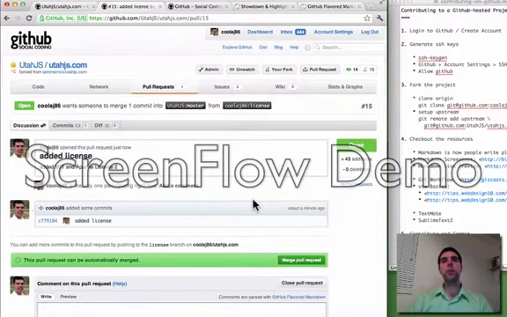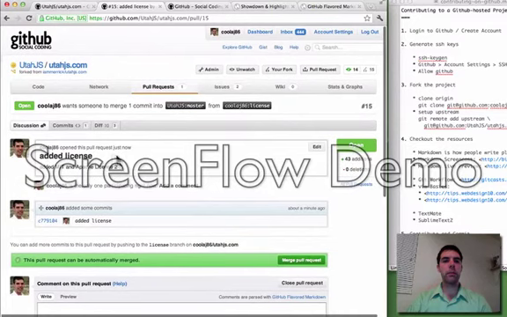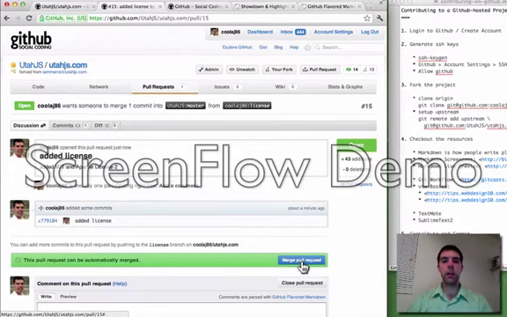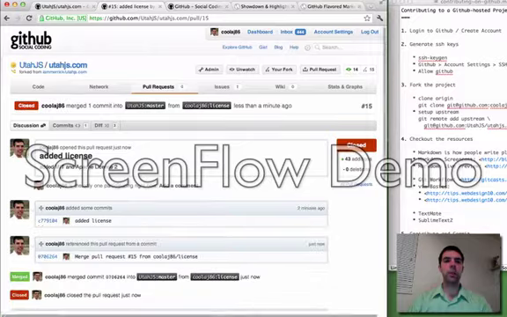Now everyone who's a member of this repository who has read and write access is going to get an email letting them know that there's been a pull request made so that they can come and look at it and decide whether or not they want to merge it. Well, since I'm the one that made this and I do have the access to it, I'm going to go ahead and merge that in myself and confirm the merge. Okay,